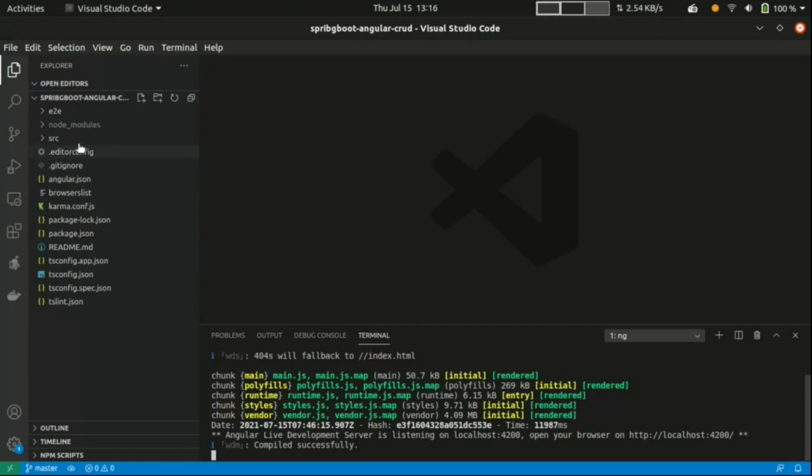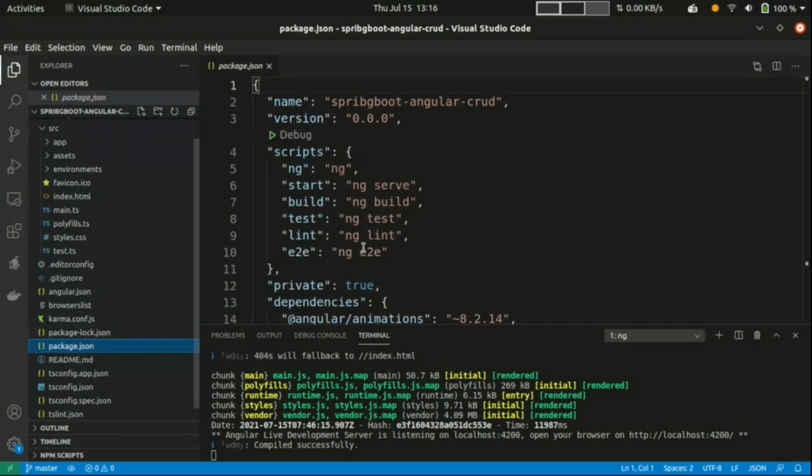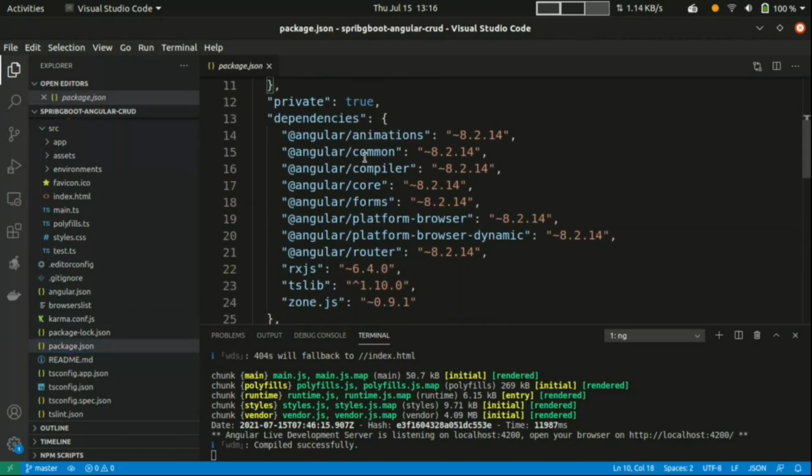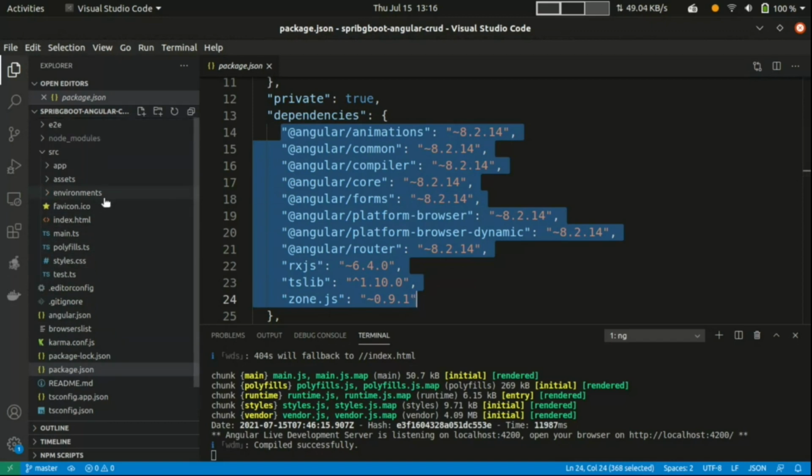Okay, go to src, and here I want to tell you something. This is the package.json where we have all the dependencies. It is Angular core, you can see 8.2.14, which means I'm using Angular 8 here. If you have to add any other dependency, we can simply add it.